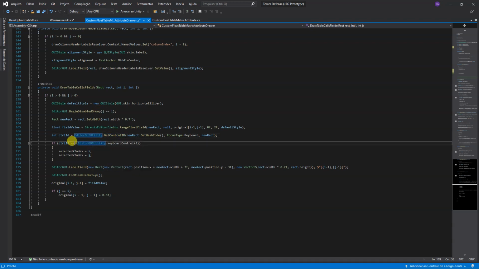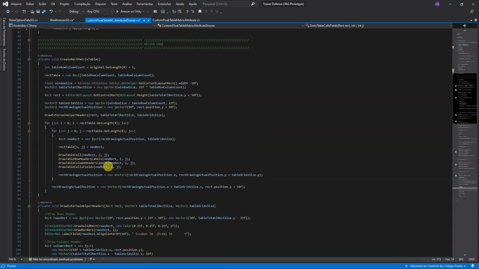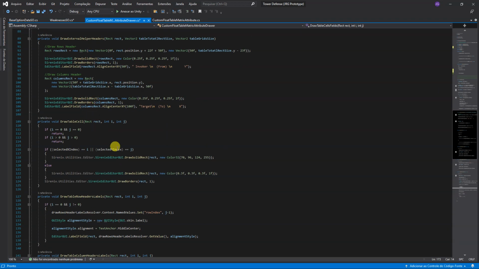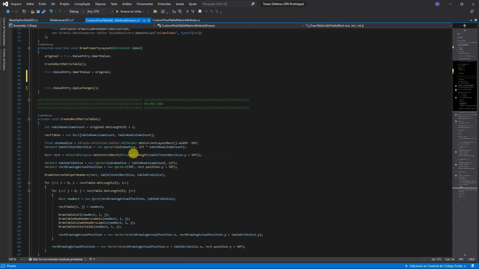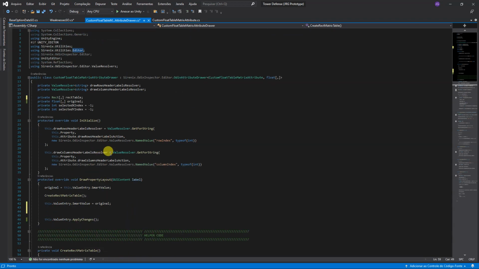So here is a little code. I think I will not explain everything inside of the matrix here, which are being rendered, and I will leave it to you so you can understand when you are reading everything else here. So I will make this code available, and I will put the link in the description to download all this code